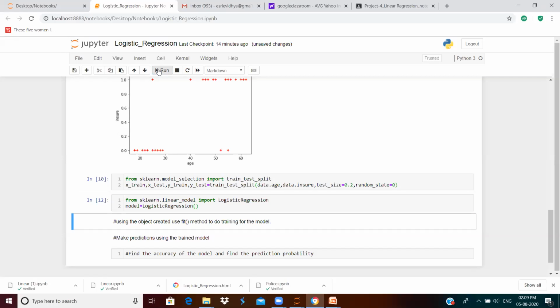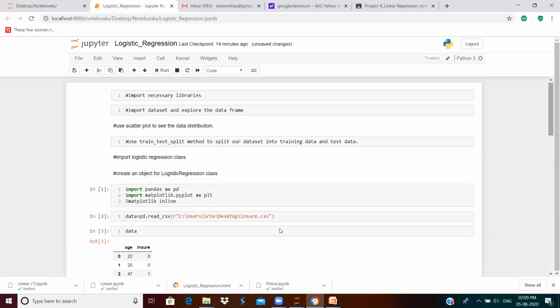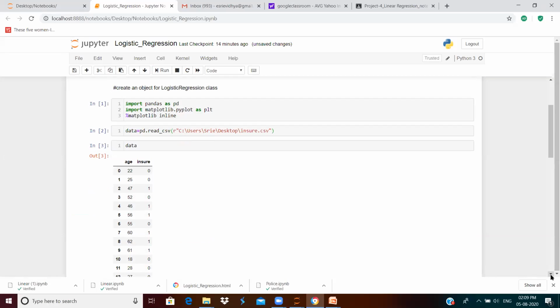And the next step is we will have to train our model.